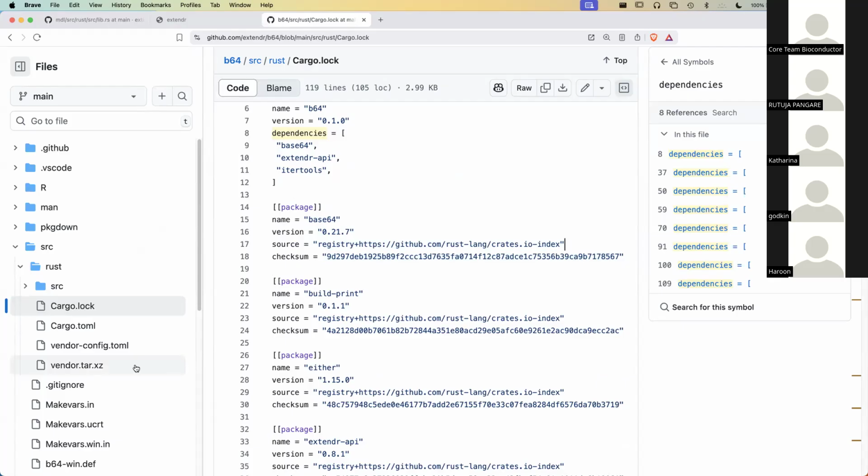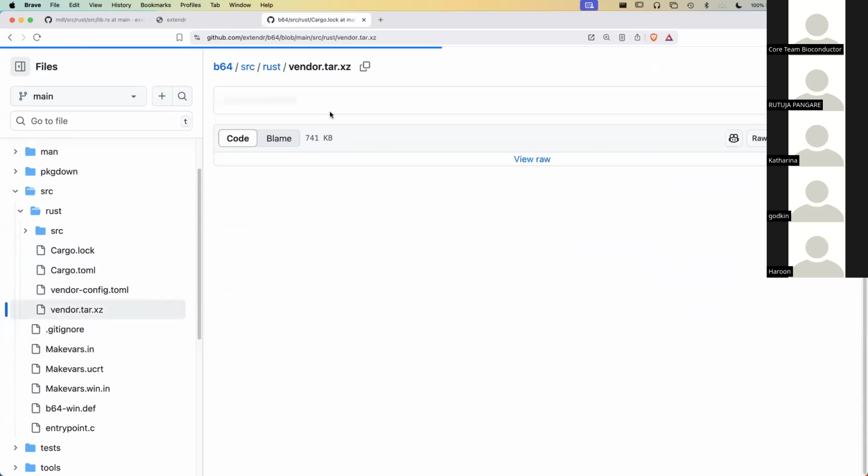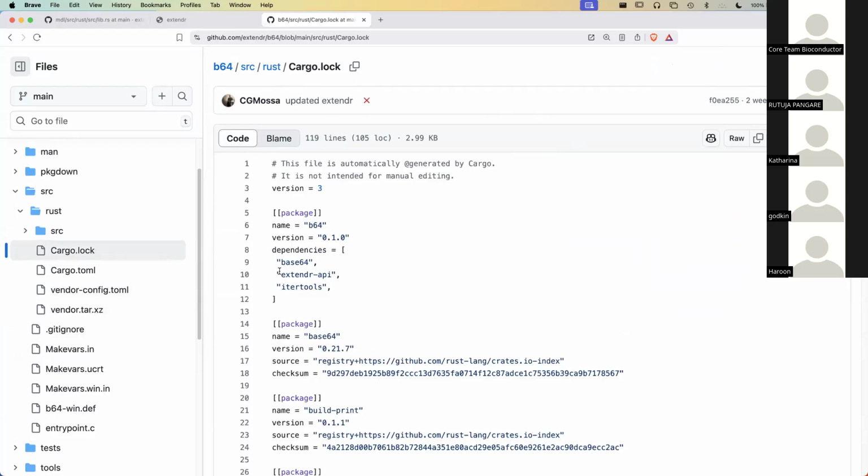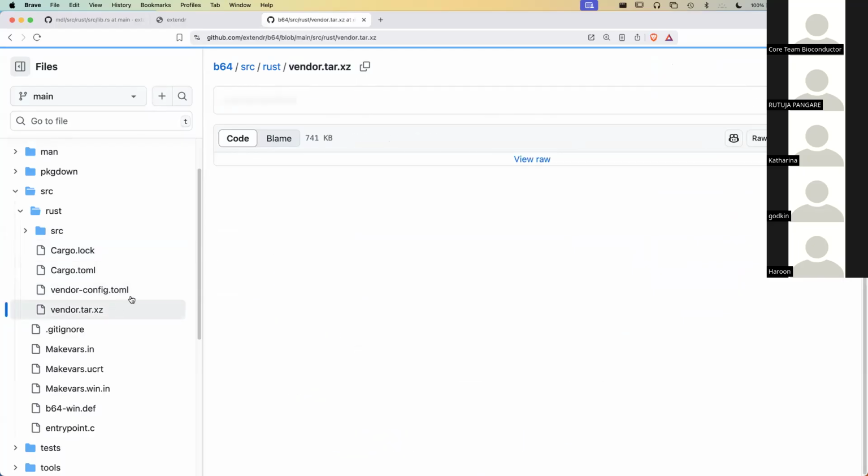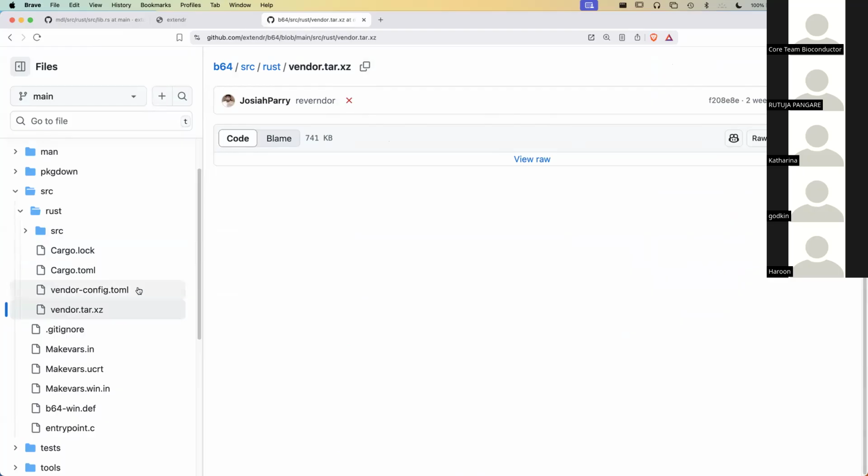But additionally, part of what you're describing is that it's ephemeral. That's a thing that CRAN forces us to solve as well, in which we have this file for every package called vendor.tar.xz. This requires that we take all of the exact versions of the libraries that are mentioned here, and we zip up their source code into a directory, which is unzipped at build time and compiled all together. So all the dependencies that you need to build this package are available in an offline environment.